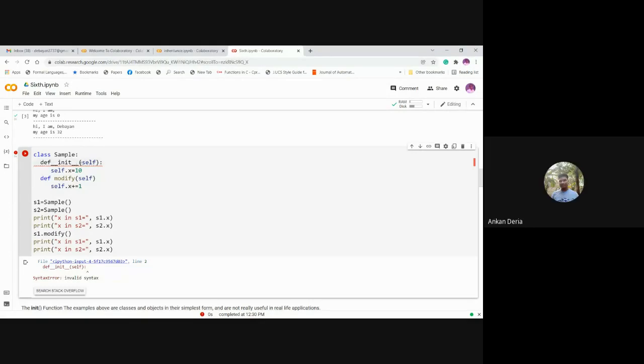def আর আন্ডারস্কোরের মাঝে একটা গ্যাপ হবে, আর হ্যাঁ একটা গ্যাপ হবে। মডিফাই ফাংশনে একটা কোলন হবে। ওই যে সেলফের পাশে মডিফাই।